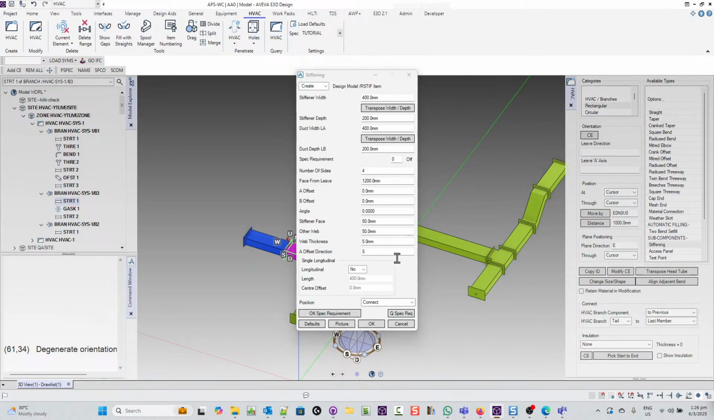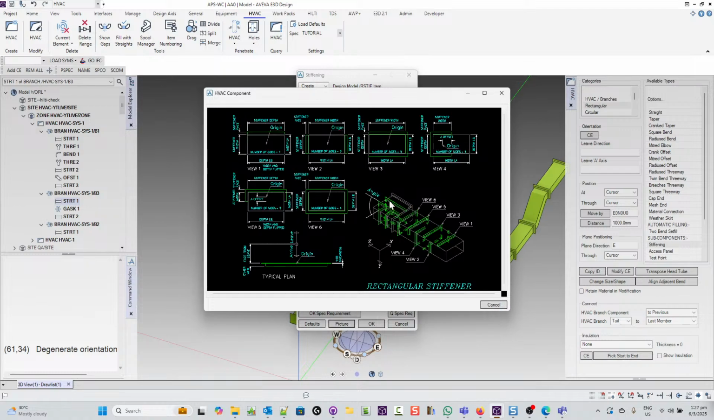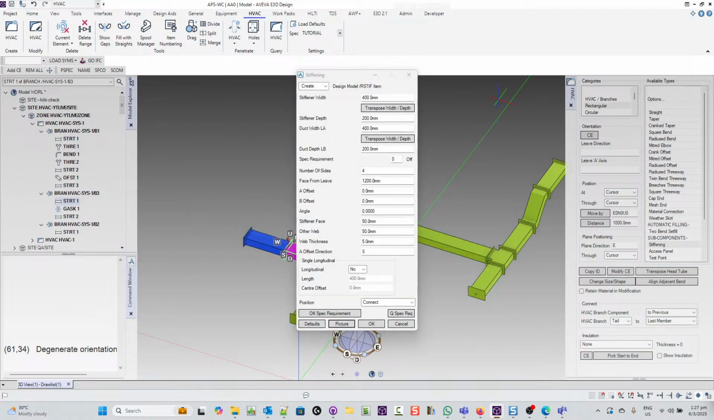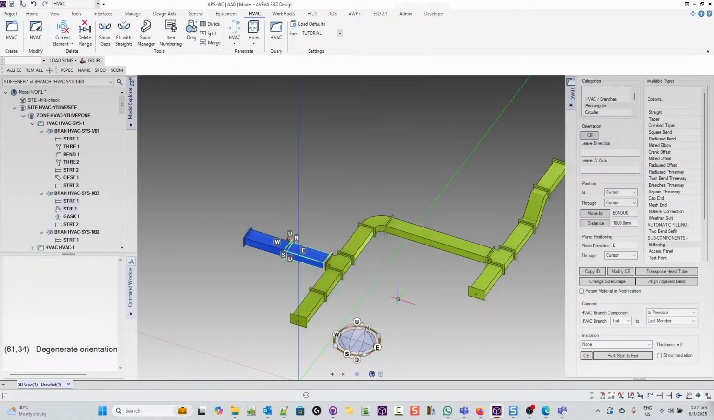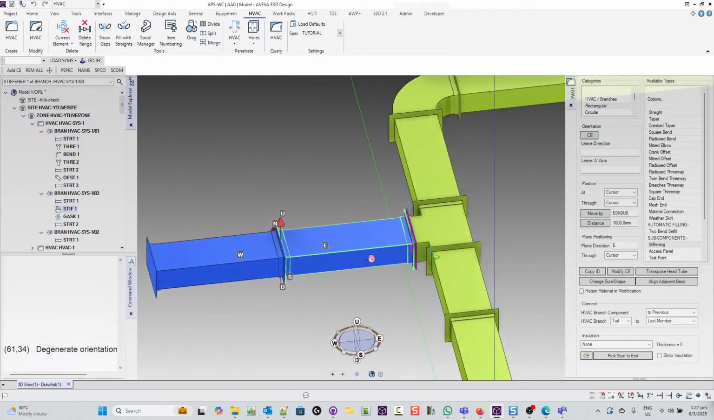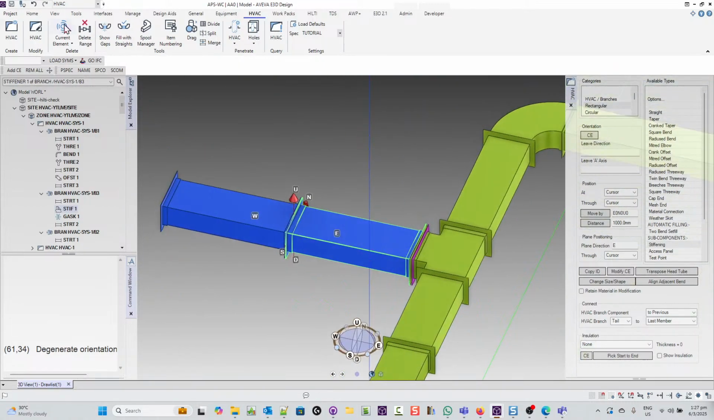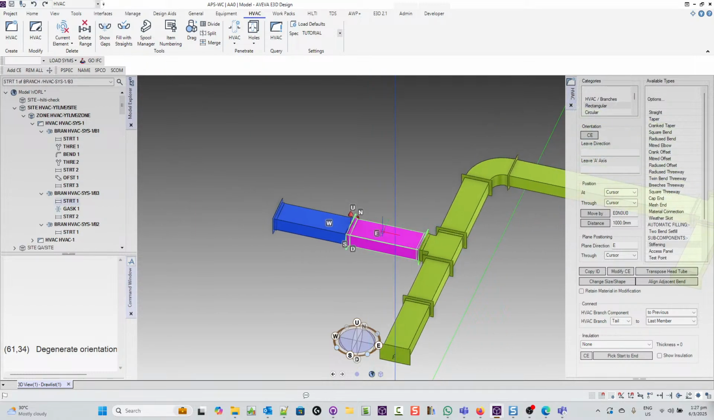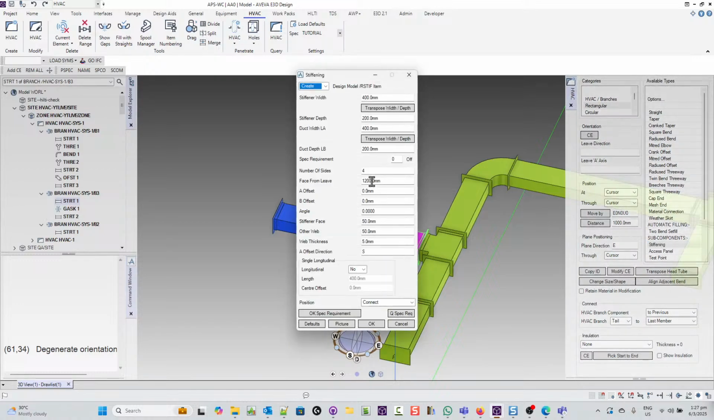So you can see that the stiffener is added. For example, you want the stiffener to be on 4 sides, whatever offset, etc. So you just say okay. Oh, there's only one stiffener. How come there's only one stiffener? So let's undo that. Okay, so if we click here again, we say add stiffener, number of sides,